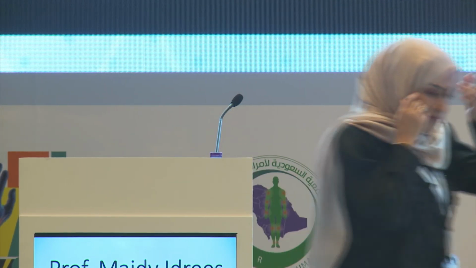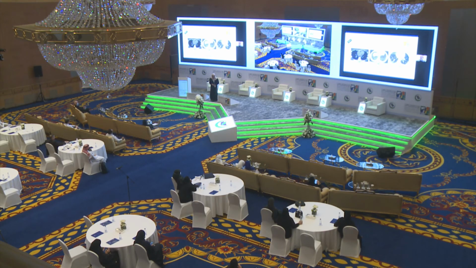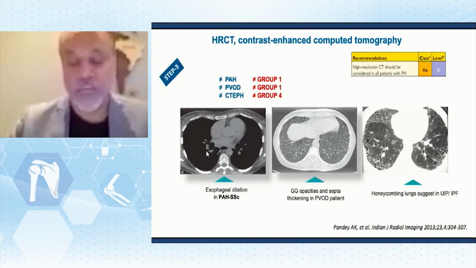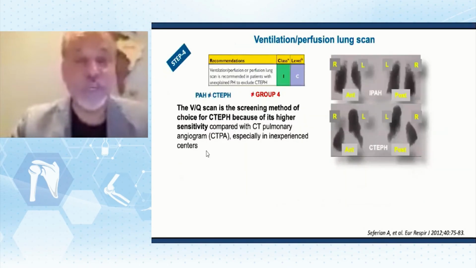Those patients might have a worse outcome. Of course, we do imaging to look at the lung parenchyma, looking for obstructive or restrictive lung disease. And also, it can give you a hint that there might be some associated features such as a dilated esophagus and hiatus hernia, which is quite common in scleroderma patients. Of course, VQ scanning is also extremely important to rule